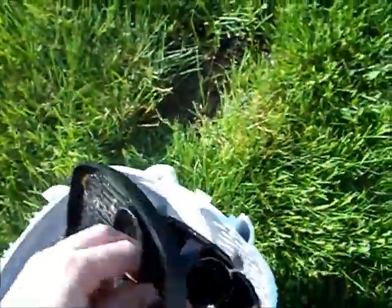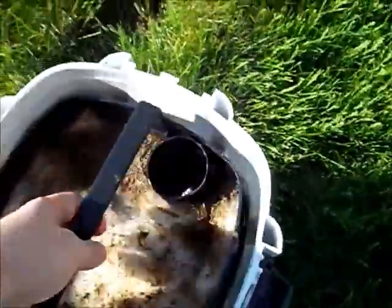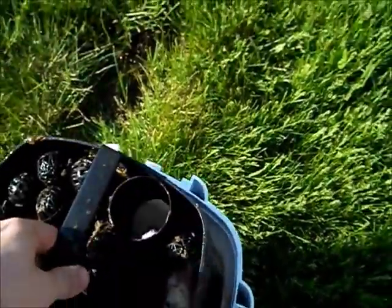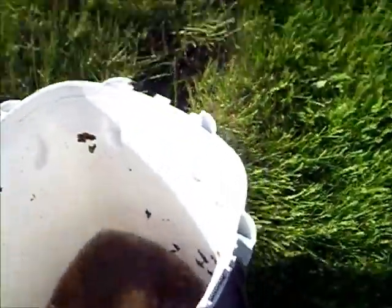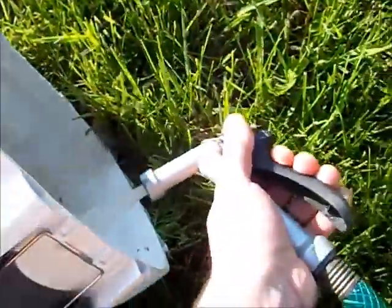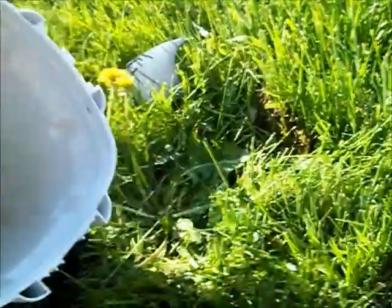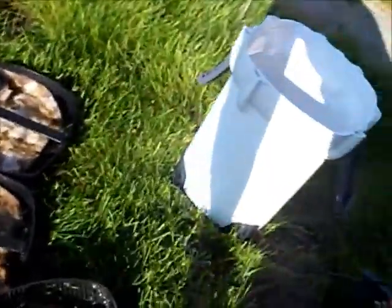I got that most of the way. I'll slowly start pulling out all this stuff. I just grab the hose and rinse it out. There's the easy part. Stick that back over there. And